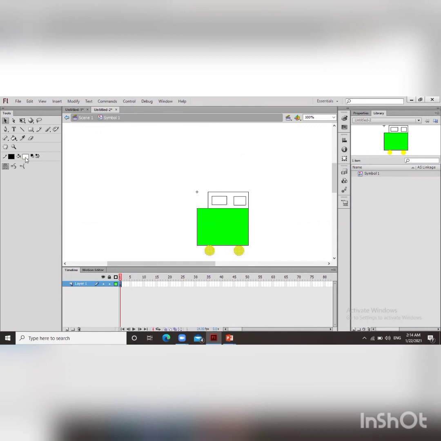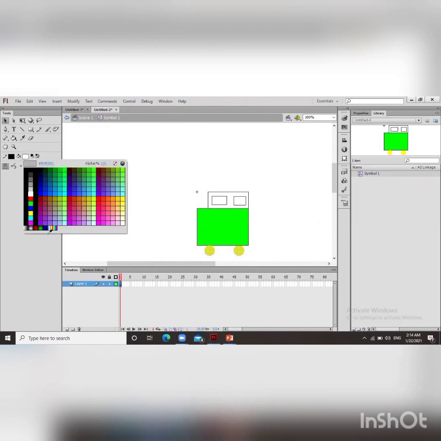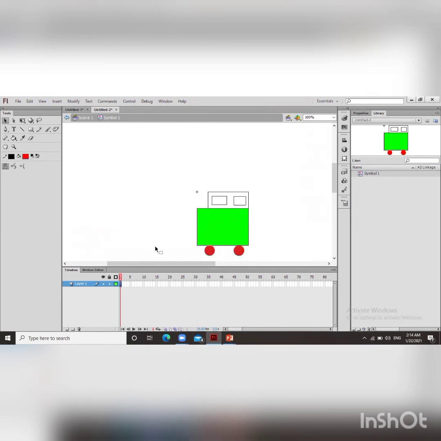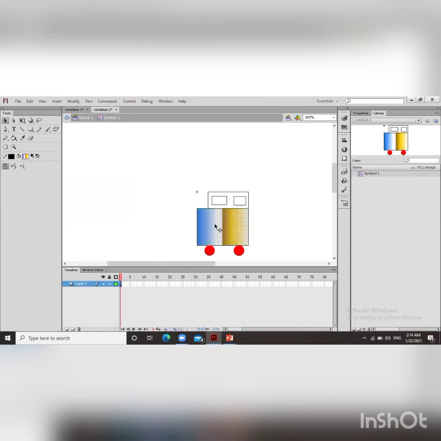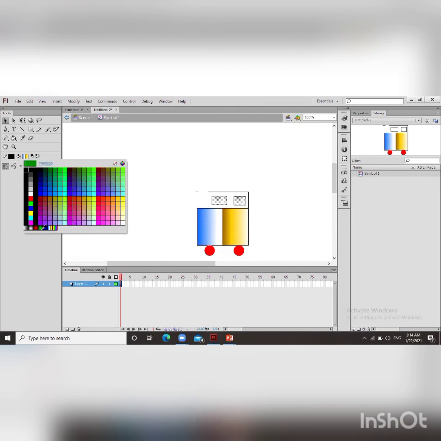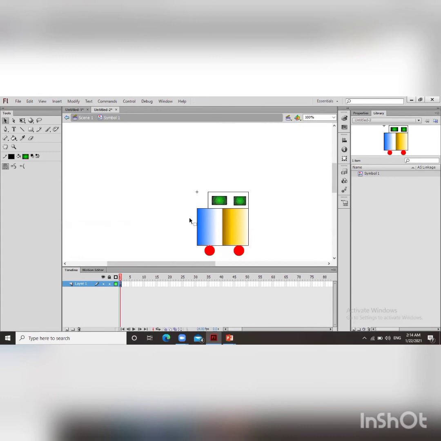I just want to change the fill color. According to my requirement I am just doing some changes. With the Shift key, you can select more parts. So I have selected this.